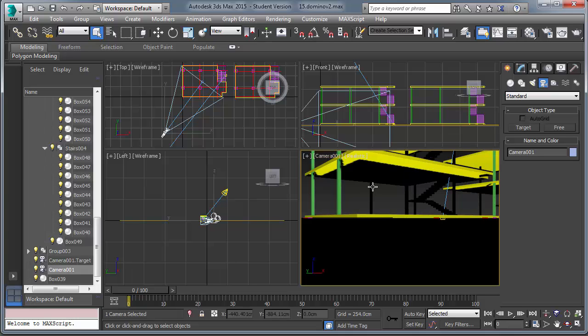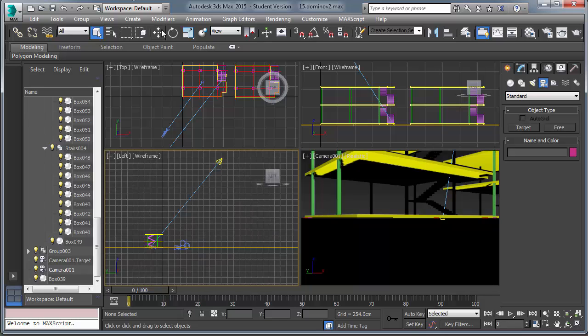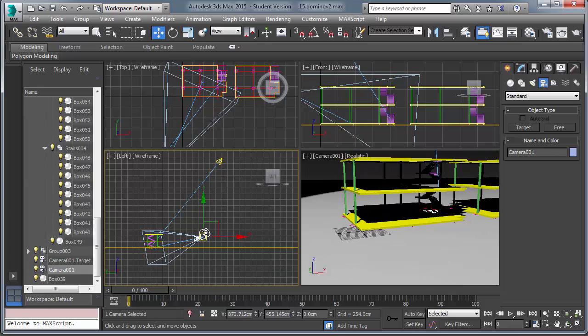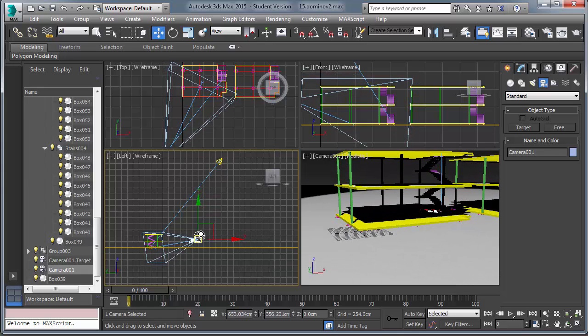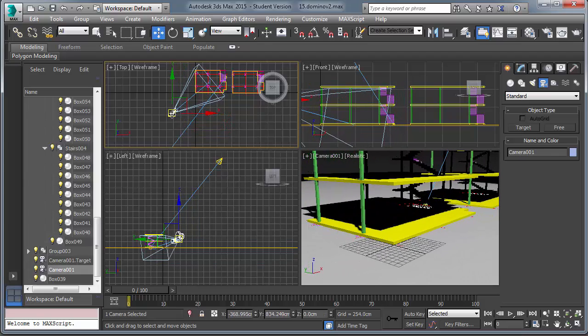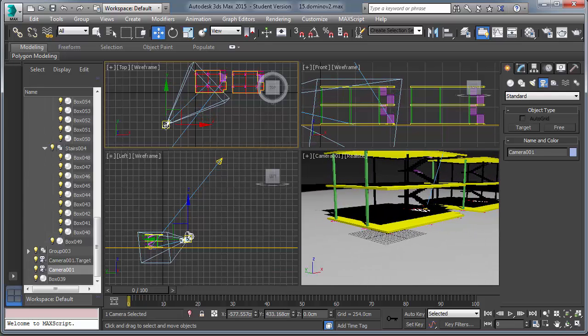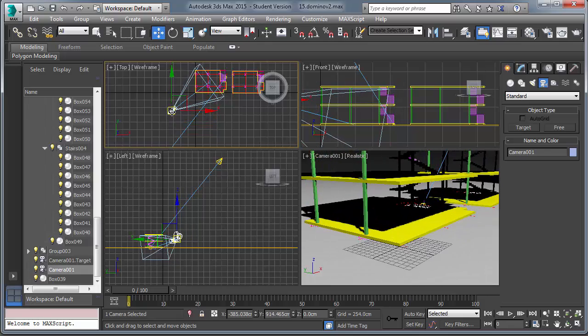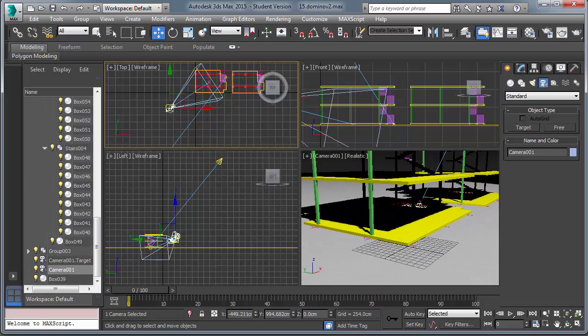When you create the camera, you notice it's at elevation 0. So it's essential for us to move the camera upward. You can also use your transform type in tools if you want to get your precise eye level. And then as you change the camera, you can see the direct results in your camera viewport. So adjust this as necessary